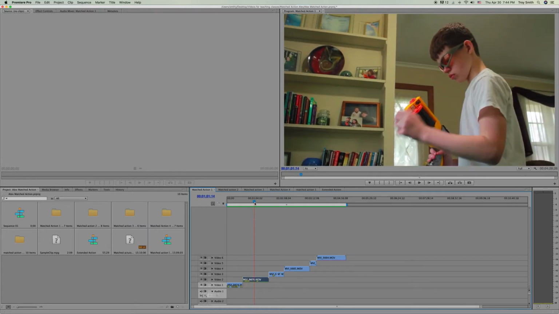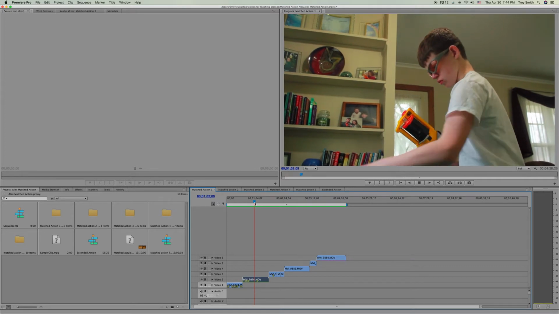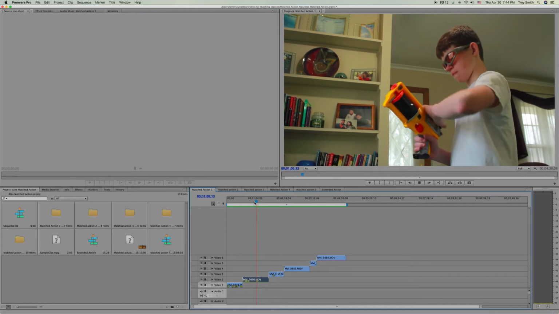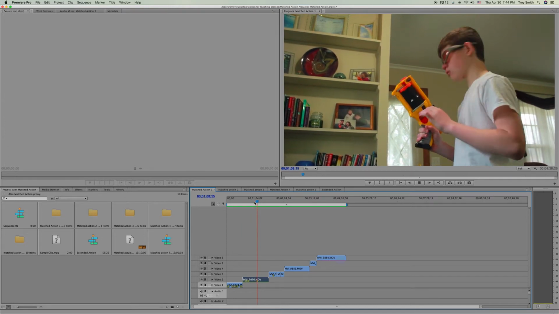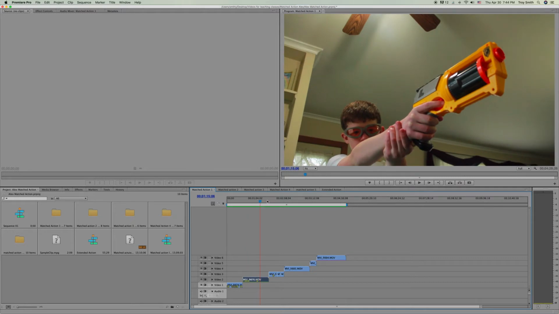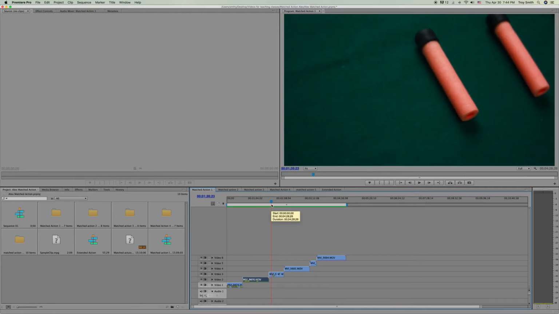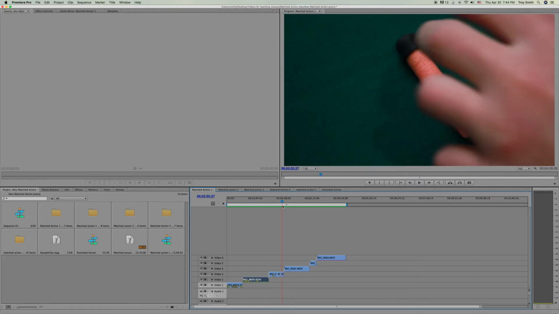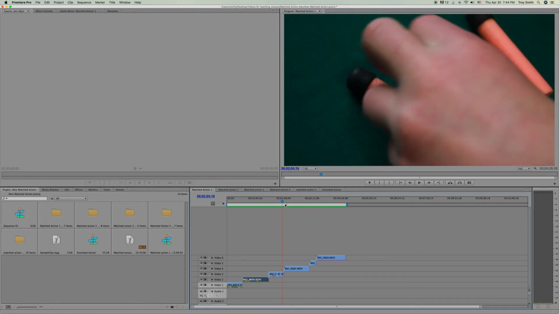So here we have a low angle medium shot. He does the exact same motions. He doesn't ad lib. He doesn't do anything extra. He doesn't grab anything with the wrong hands. If he did, we would reshoot it. Then here on track number 3, we just have some close-up insert shots of him grabbing the bullets. Now you don't need to shoot the whole scene from an insert perspective,